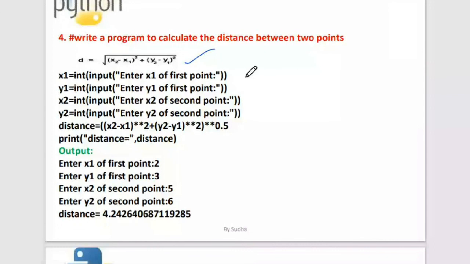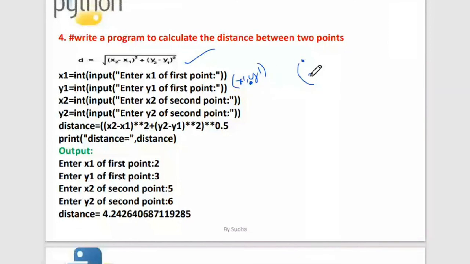The coordinates of the first point are x1, y1, and the coordinates of the second point are x2, y2. We are naming them so, but you needn't name them as x1, y1.